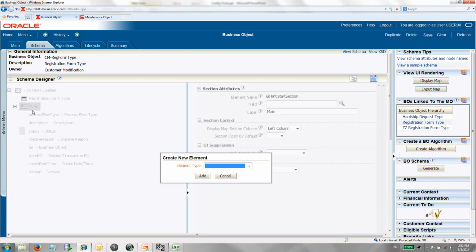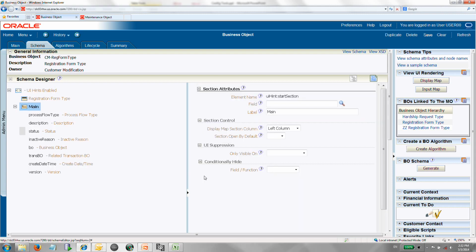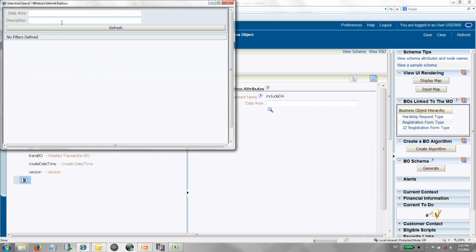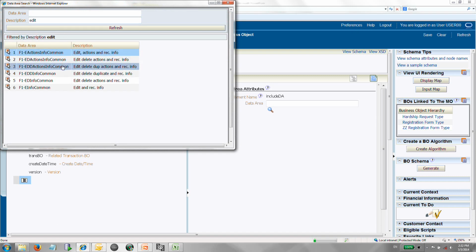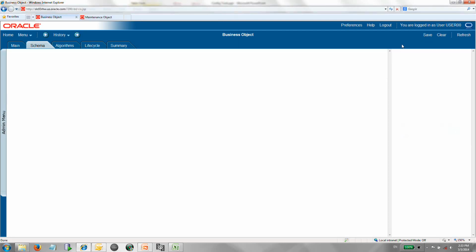So I add element below, and this time in element type I'm going to choose include data area schema, and it starts with edit. And as you see, there's a few options here, and I'm going to take the one. This is an admin entity which doesn't have any actions because it doesn't have a life cycle. We'll discuss that later. It's this particular one that I want to take. You'll see how this works. I'm going to save this, and now